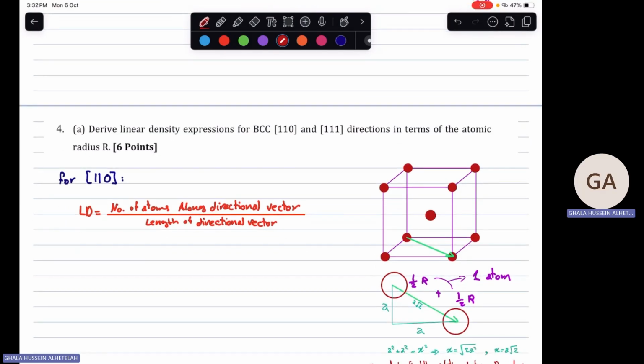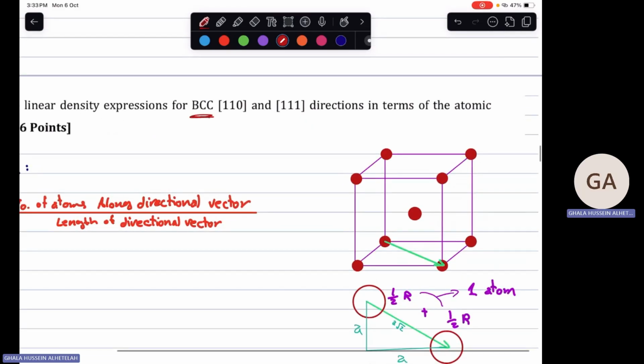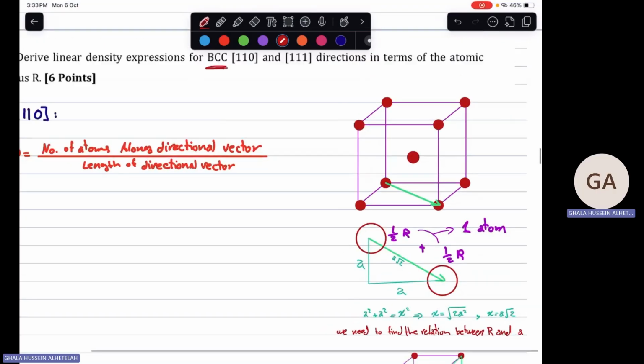He said to derive a linear density expression for BCC in the 110 and 111 directions in terms of atomic radius r. Okay, we now have a BCC structure, which has 8 atoms in the corners and 1 atom in the center of the crystal structure. So what we need to do,